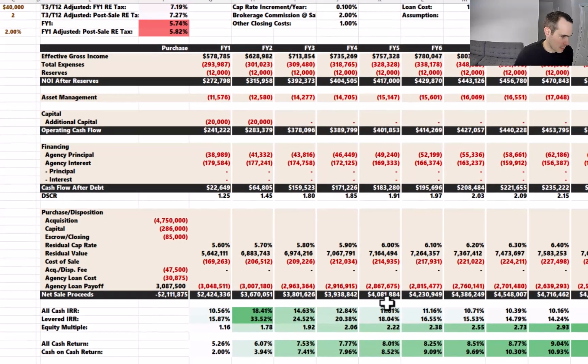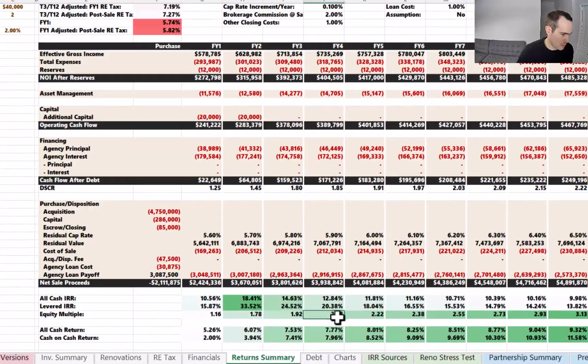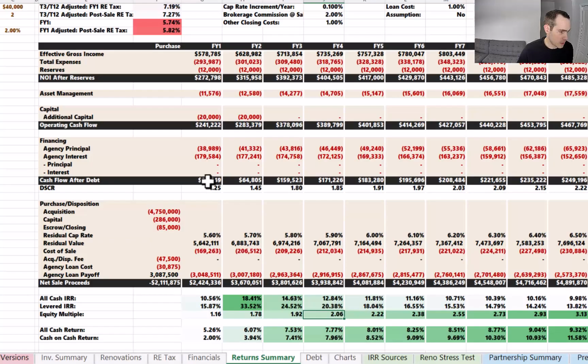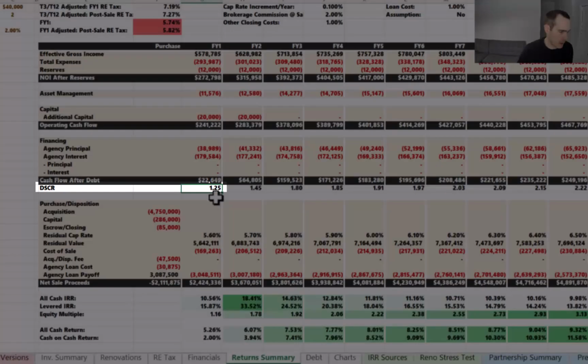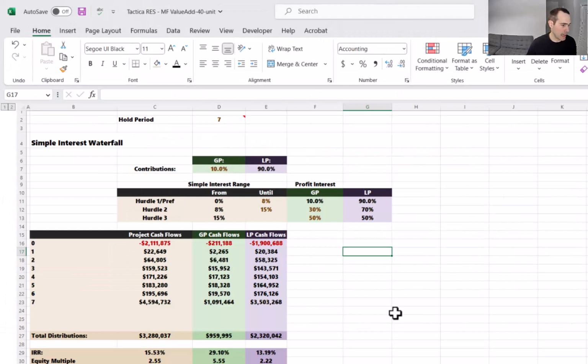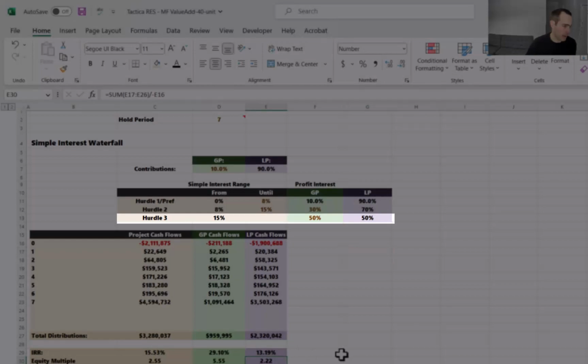If we go to the return summary, the equity multiple would get above 2 in a theoretical sale in year 4. The debt service coverage ratio is above a 1.2 right away in year 1. And the simple interest waterfall is a lot more compelling for both the GP and the LP. In this case, the project would get into the third hurdle and the LP would more than double their equity in 7 years. In summary, we underwrote a 40-unit multifamily value add deal, but unfortunately at the pricing guidance of